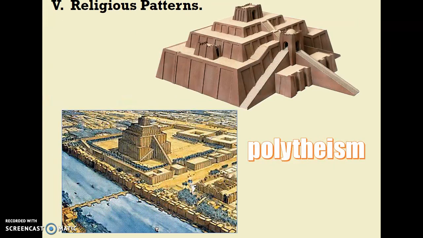Religion. Pretty much everybody at this time, and we'll talk about the lone exception shortly, was polytheistic, which is the belief in many gods. Sometimes you might have as many as 3,000 or more. Gods could be angered at any moment, so you always had to please them. They built impressive ziggurats, or temples, to sacrifice food, wine, and animals to honor the gods and keep them happy. If your city got flooded and wiped out your crops, the gods were angry. If you went through a drought, the gods were angry. If people were sick and dying, the gods were angry. Keep the gods happy.